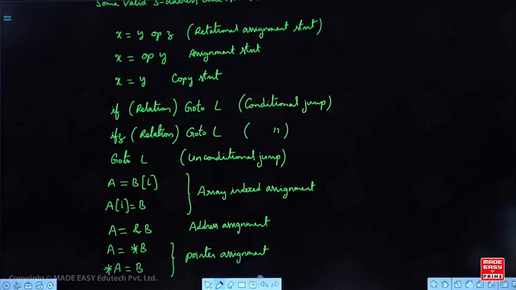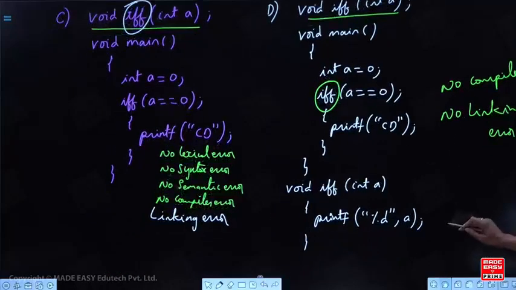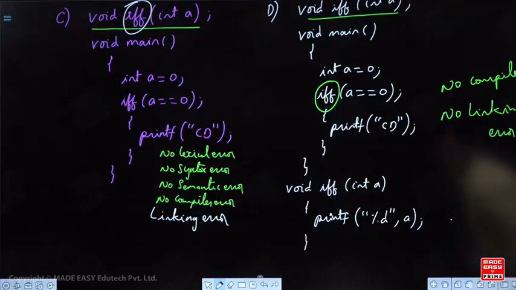Linking error means if a function is declared and there is no semantic error, at the time of linking, the linker will search for the definition of the function. If you see the previous one, we have defined the function here. The definition is here, so there is no linking error.